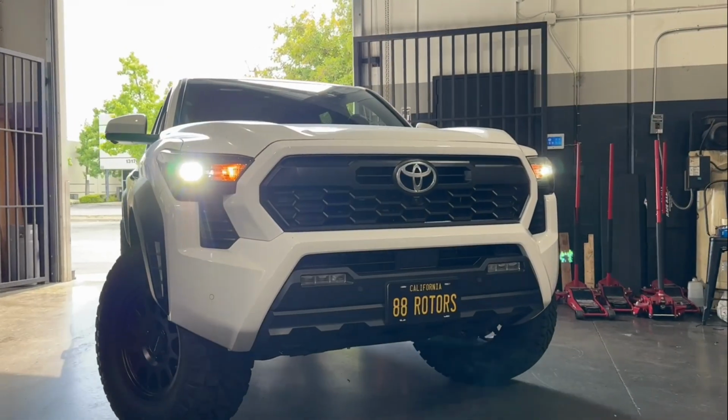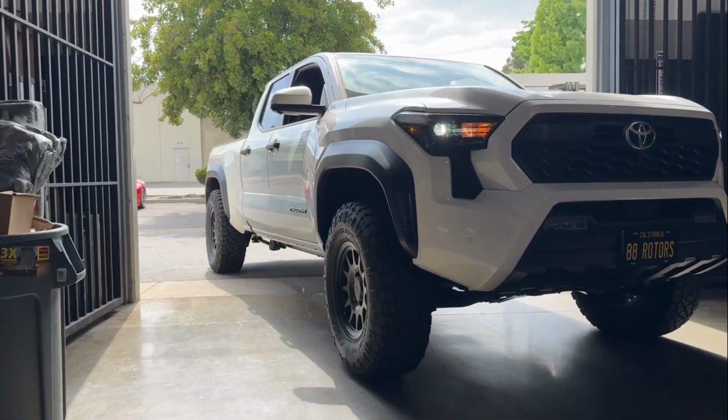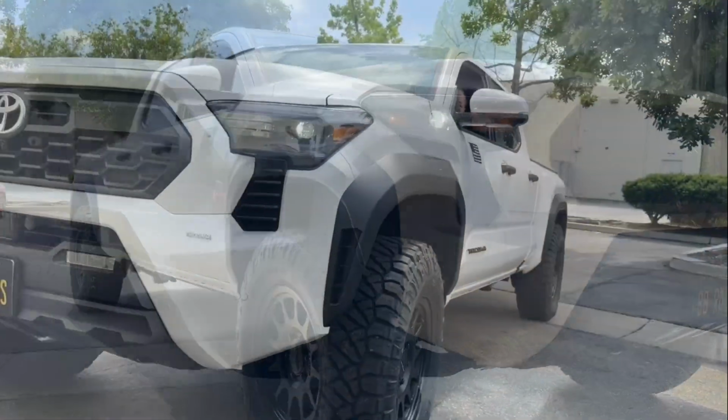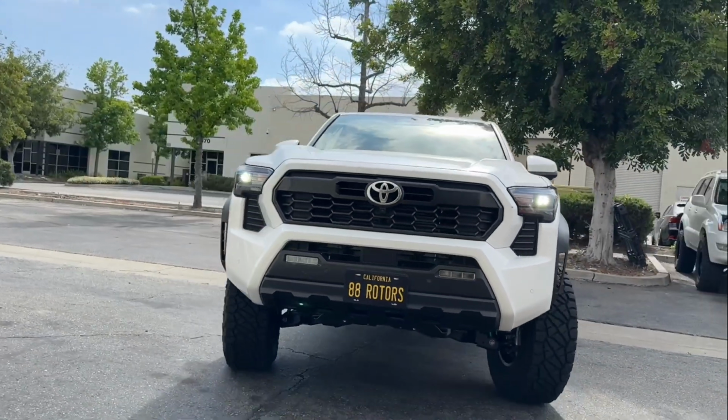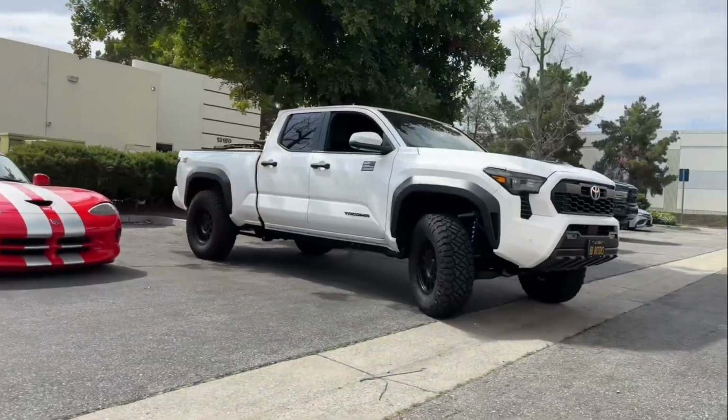Starting off with this 2024 Tacoma TRD Off-Road. We just installed a King suspension setup on this one with the rear end links from King as well, and some Camburg kinetic upper control arms in the front end. For the wheels and tires on this one, they cleared perfectly with a